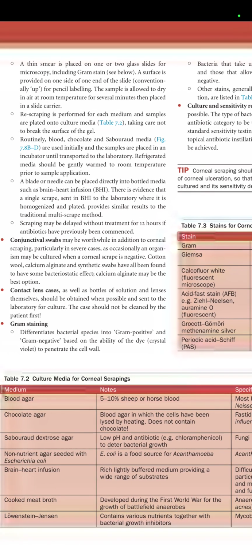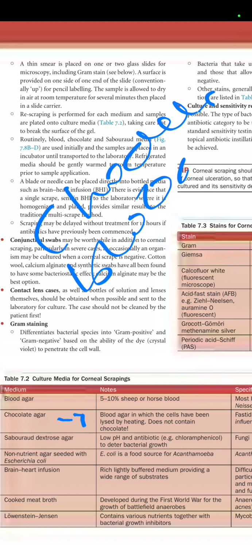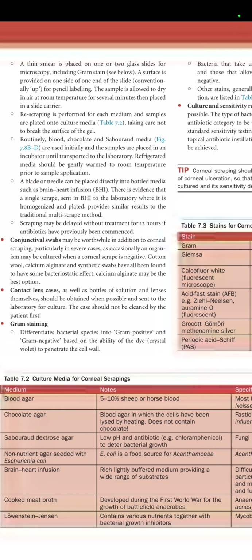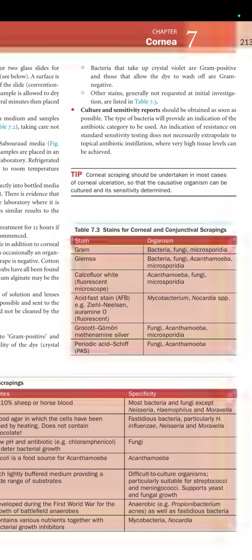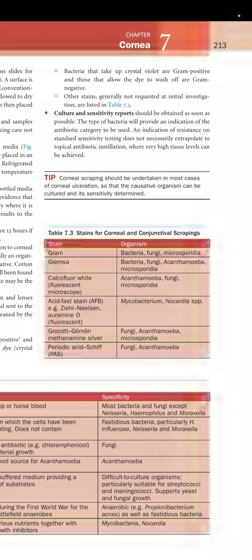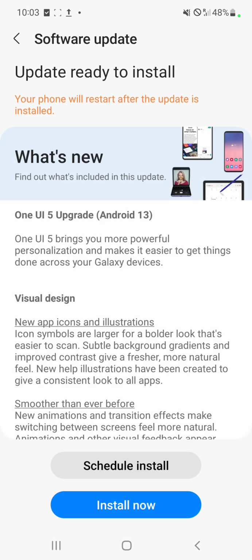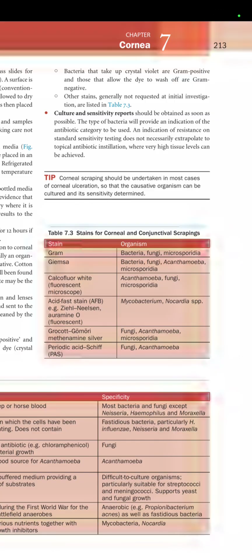So what is a chocolate agar? Chocolate agar is a blood agar in which the cells have been lysed by heating. It does not contain chocolate. Basically it is a blood that has been heated. Fastidious bacteria, particularly H. influenzae, Neisseria, and Moraxella, are studied with this